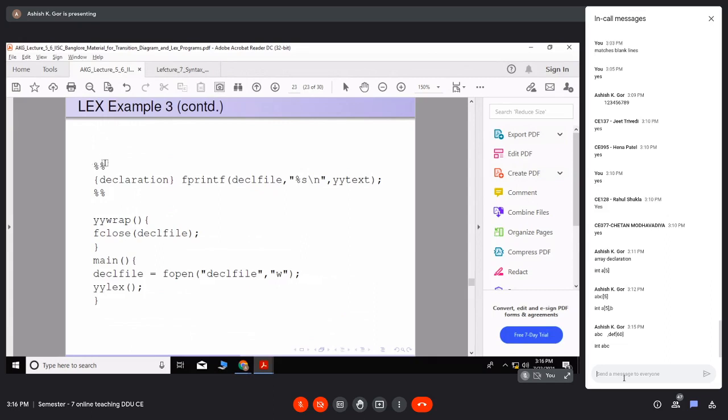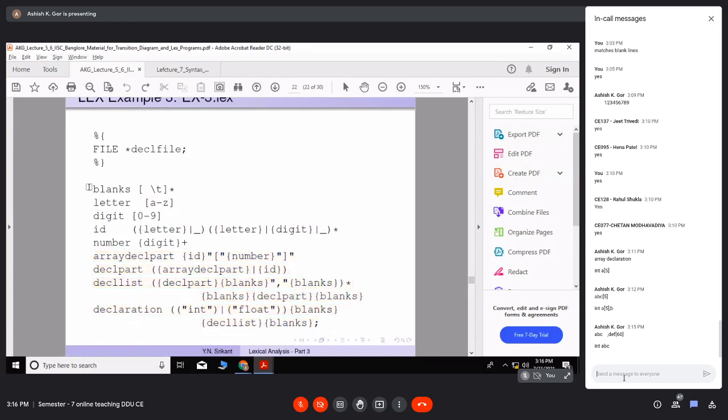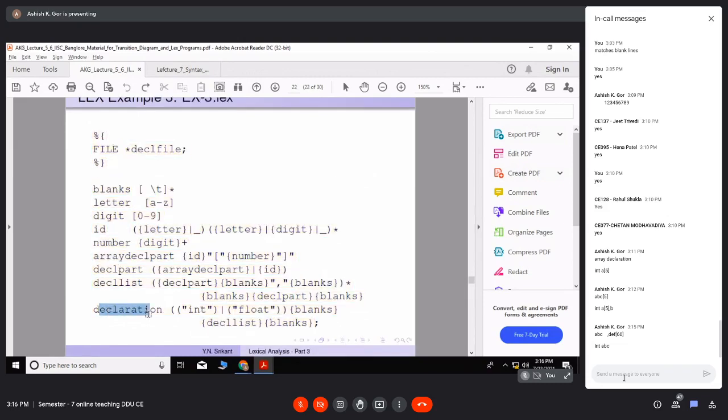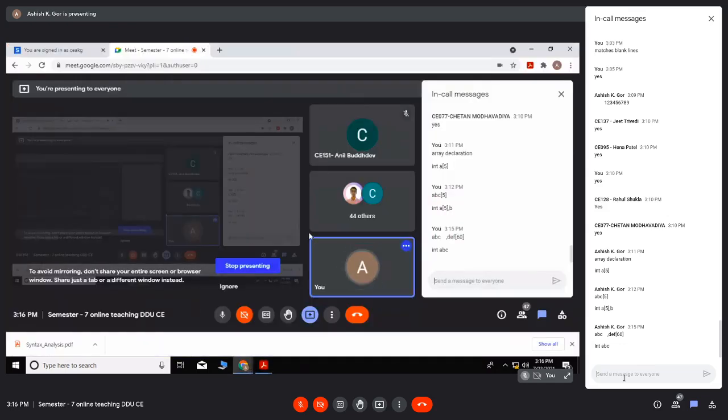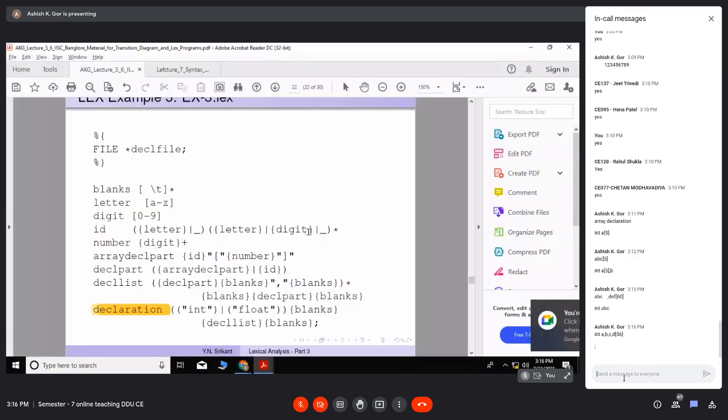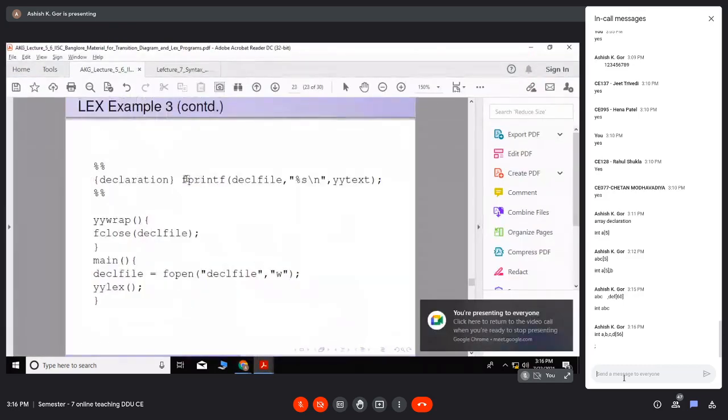What is the rule? You see the rule section. This was the definition section. Remember, this was entirely the definition section. This is the declaration section or C code section. Everything from this is copied directly to the C code. Whenever you encounter something like a declaration, that integer ABC kind of thing, or integer A comma B comma C comma D of 56, then there should be a semicolon. Then it is a declaration. So then what do you do?